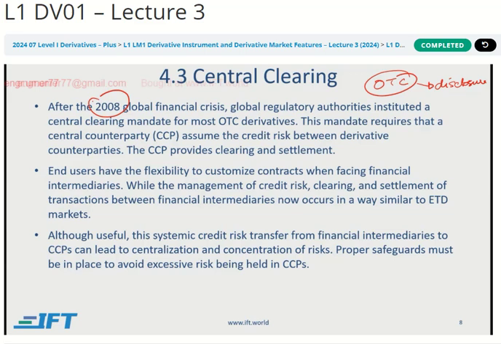So the regulator didn't know about it. The financial system was at risk because of these very, very large over-the-counter derivatives. Now there is a new central clearing mandate, and what this requires is that even the over-the-counter derivatives have to be done through this central clearing